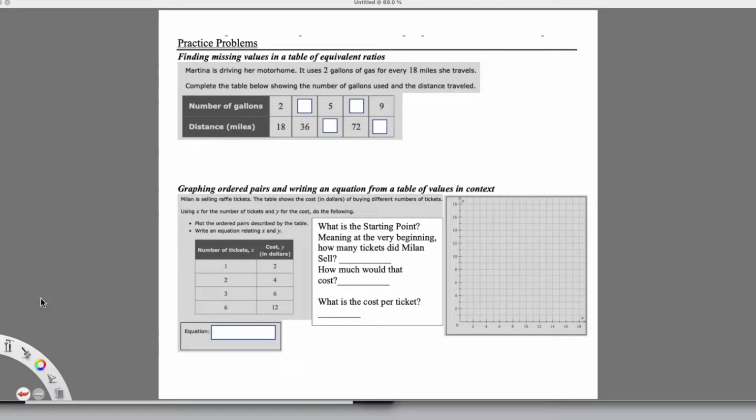In this video, we're going to talk about equivalent ratios and what we can tell from those equivalencies. In the first problem, we're going to take a look at a basic conversion type table that helps us move forward for the different numbers we're given, and they're all going to have the same relationship. Then we're also going to take a look at a similar relationship in the second one. We're going to graph that,